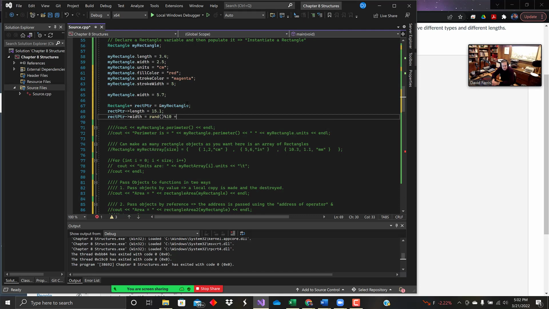And then I'm going to add to it. I need to convert it to a double because rand spits back integers. But if I do rand divided by RAND_MAX, I get a number between 0 and 1. And then converting it to a double makes it stay as a decimal. So this is 0 to 9